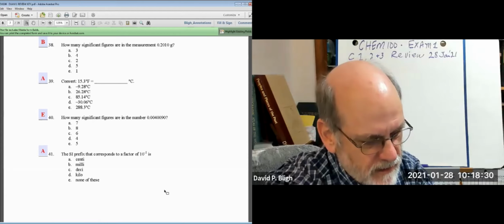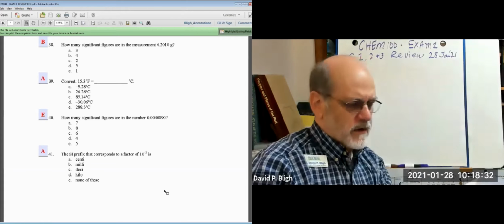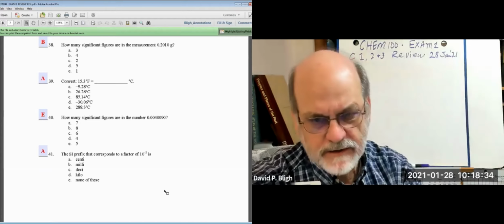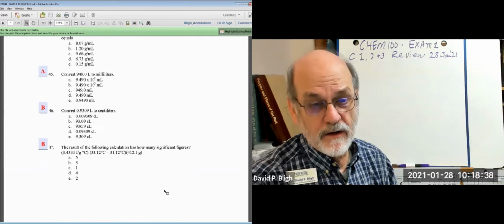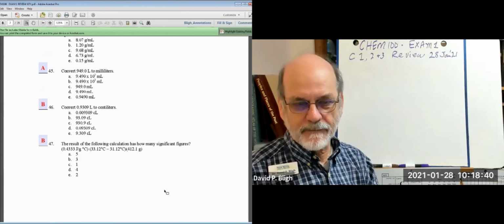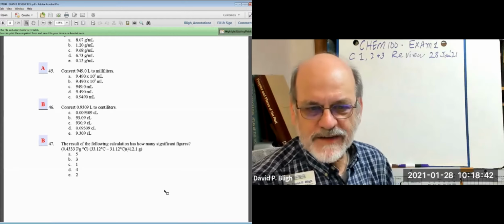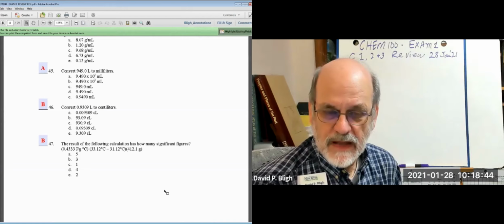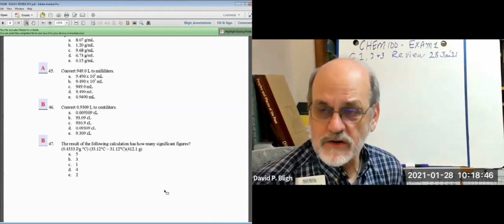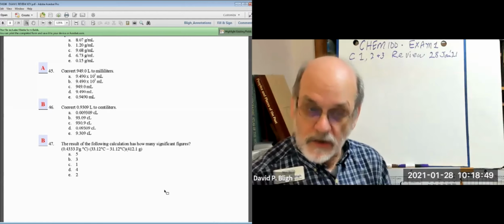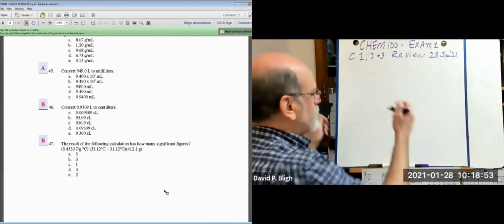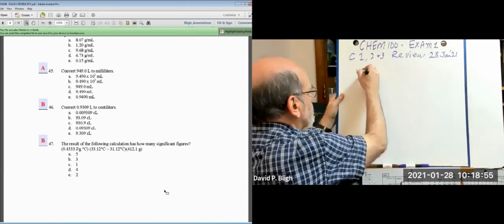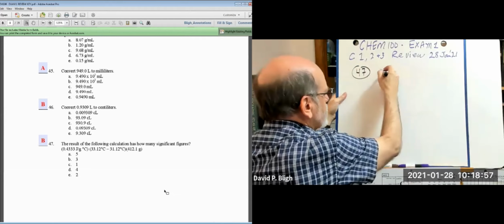Let's see here. I want to go to 47 next. There it is. So we have this calculation, and we want to know how many significant figures are in the answer. So you're going to have to do the calculation, and you need to use your rules. 47. So that's